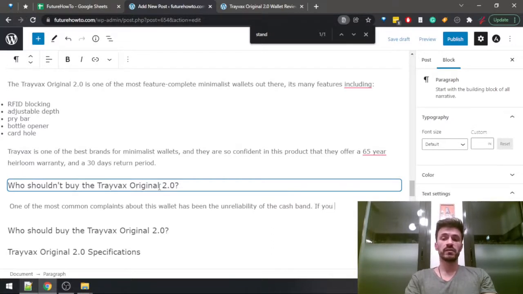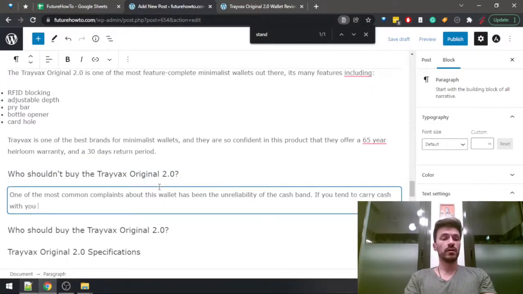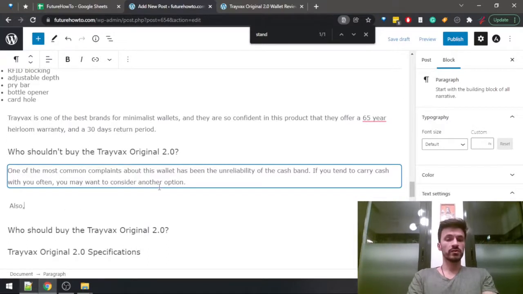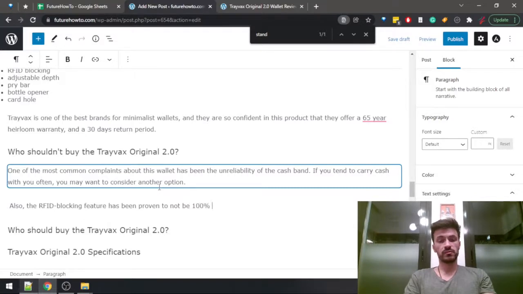If you tend to carry cache with you often, you may want to consider another option. Also, the RFID blocking feature has been proven to not be 100% reliable,